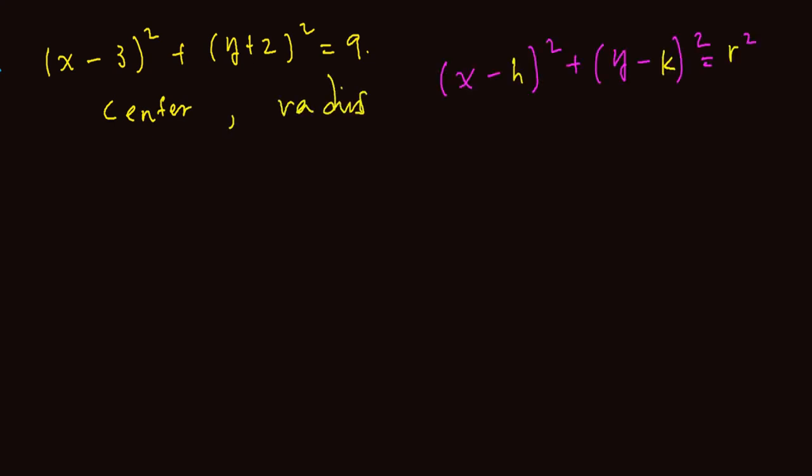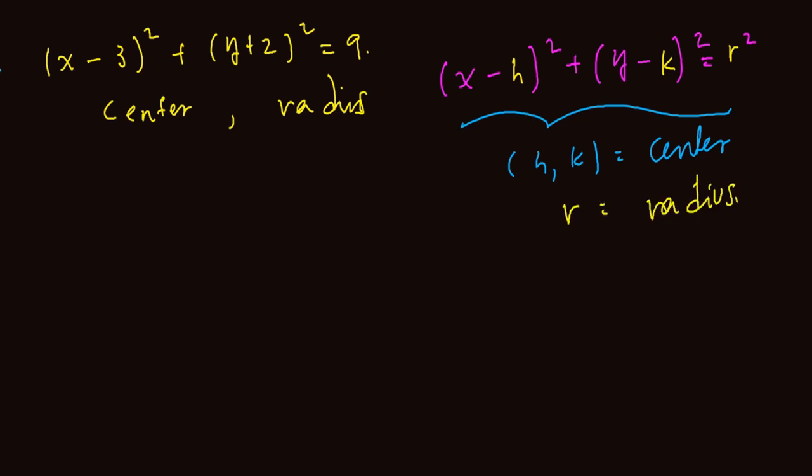Question number 3 የተሰጠን the equation of a circle ነው x minus 3 the whole square plus y plus 2 the whole square is equals to 9 ነው የሚለው you have to find the center and the radius of the circle. In general the equation of a circle is given by this formula where h comma k is okay the center and r is the radius so you have to compare the given equation with this general formula